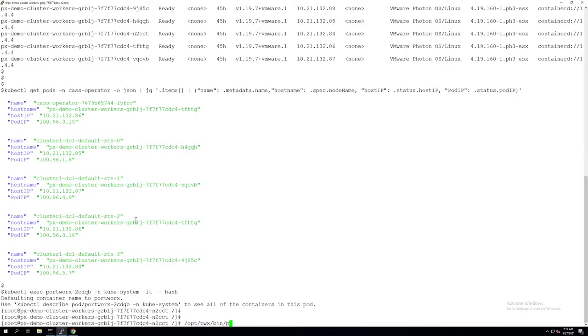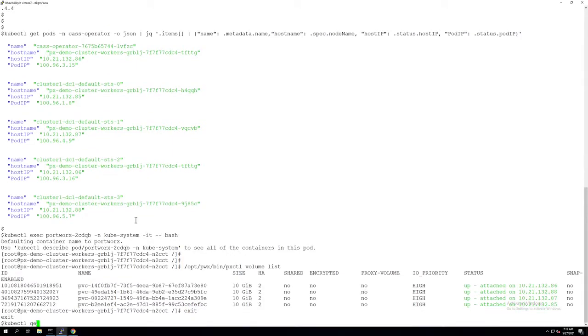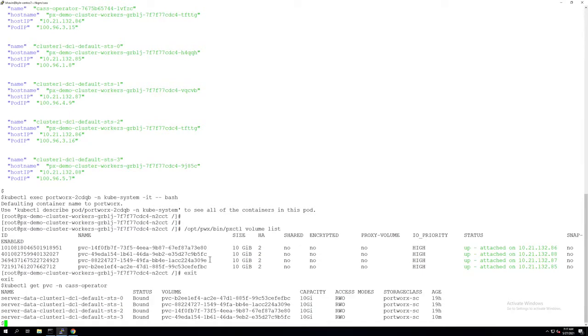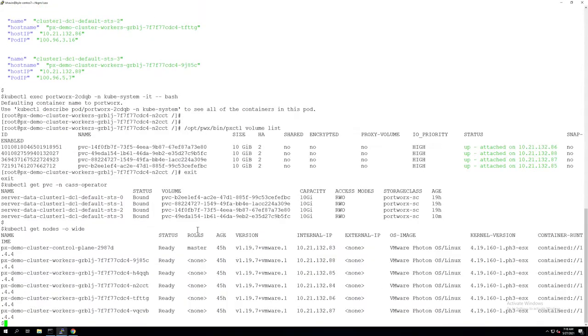If we look at the Portworx volume that's attached to the pod, we'll do a list and find out that it has a local replica that's mounted to the pod. This is because of the Stork utility, or storage orchestrator for Kubernetes utility, from Portworx, and this will make sure that there's always data locality. So if the pod is running on 87, the replica will be created on 87 and attached to it.